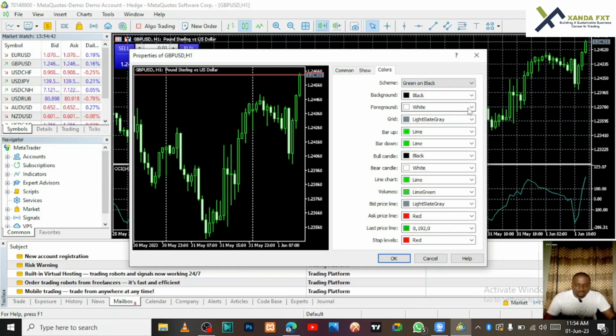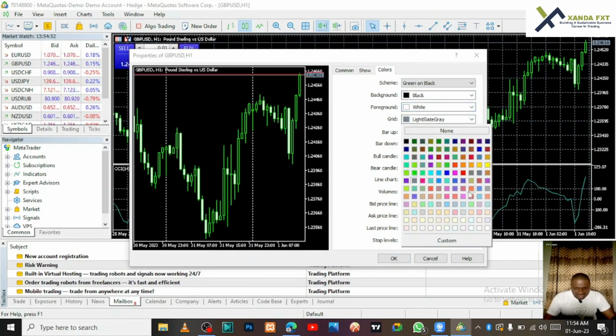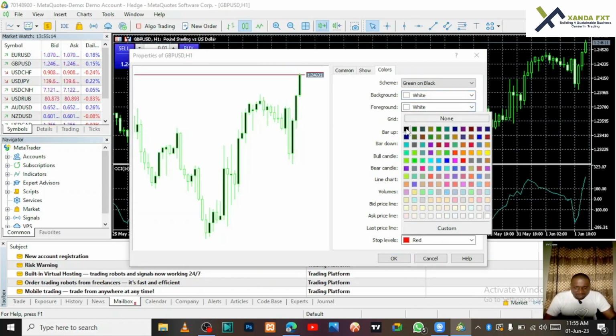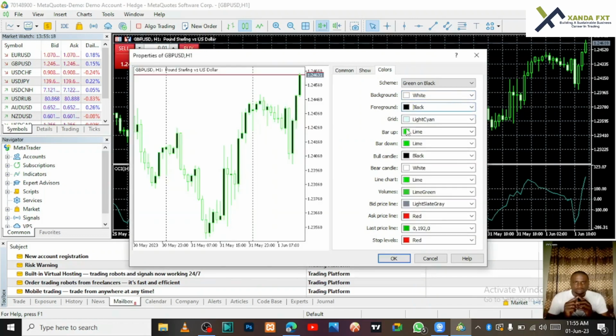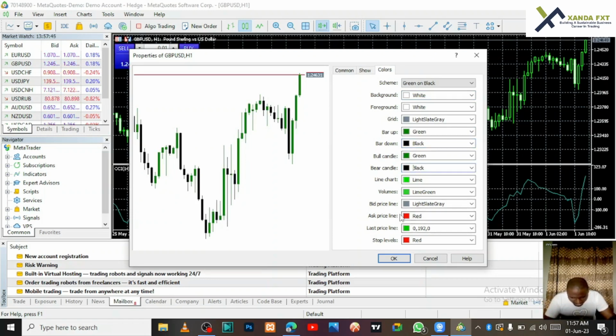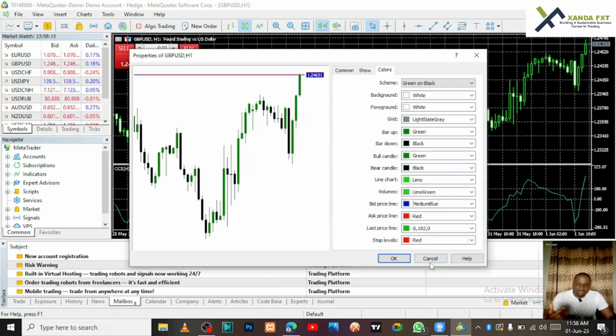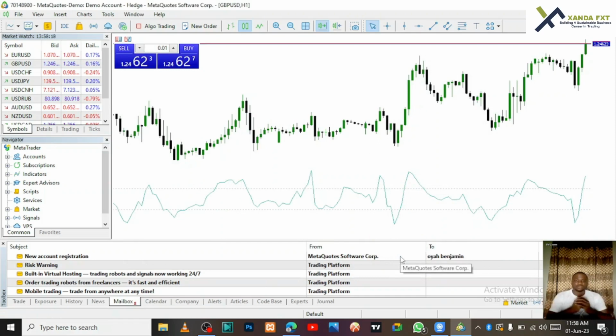The next thing I'm going to do is to change my background color. I like my background white, then my grid a little bit faint. Then the foreground, I like it being black. The foreground takes care of the four edges of the trading platform, so when you put it in black, the four edges will become black. The bar up and bar down deal with the edges of the candlestick, the bull candle and the bear candle. What color do you want to represent the bull candle and the bear candle with? My ask price, I like to be red and I like my bid price to be blue. Once you are done, you click OK. You can see the whole thing is customized.